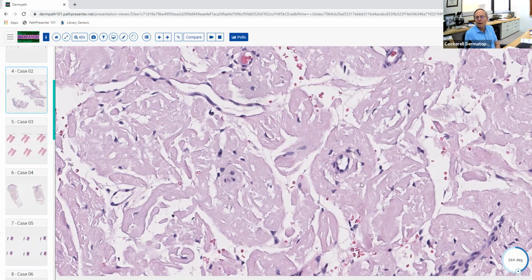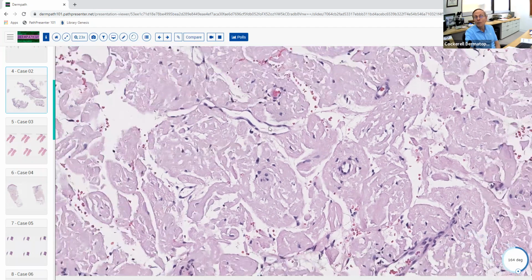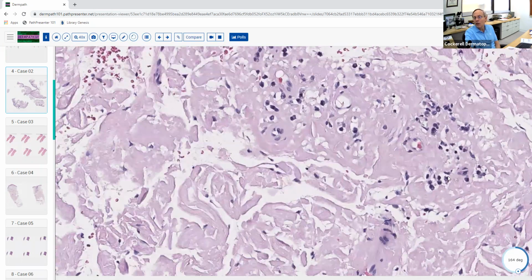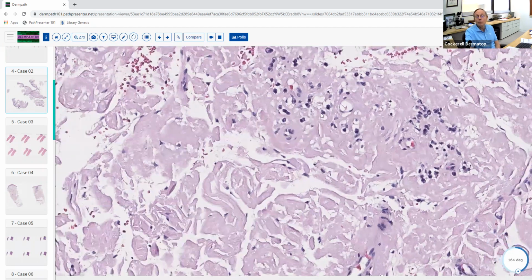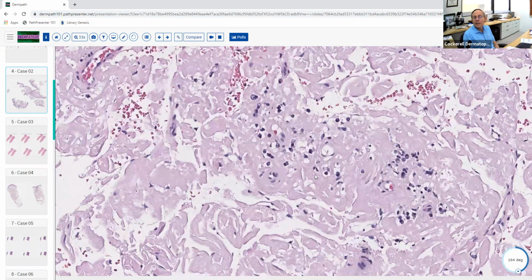That type very commonly is associated with myeloma and that sort of thing. So you definitely need to work those patients up. And those patients will often have some plasma cells within the amyloid. This one really, I don't know, there might be a few plasma cells here. There's not a lot, there's a few. So, who knows? This guy might have had systemic amyloidosis, but often when you see the